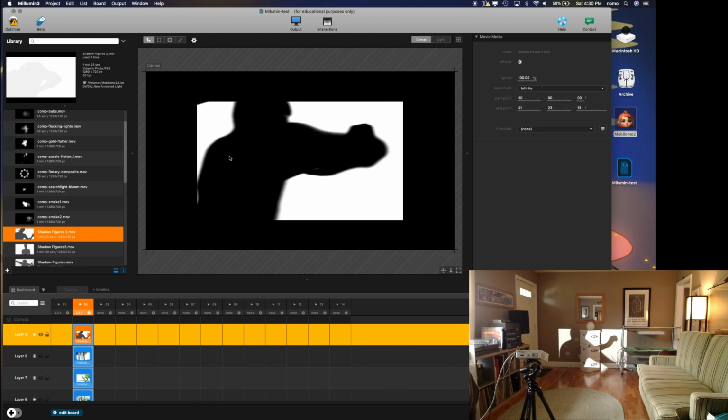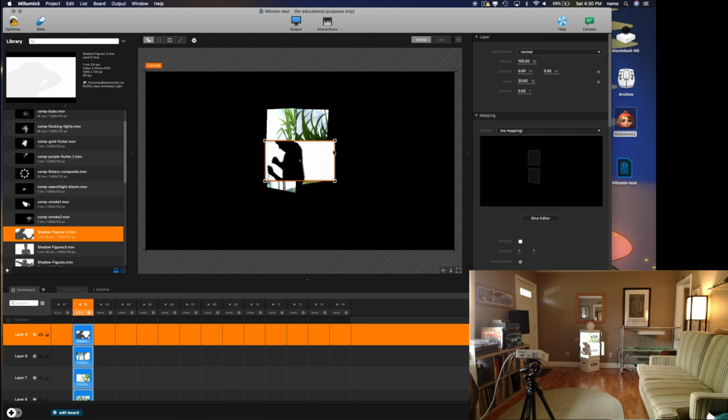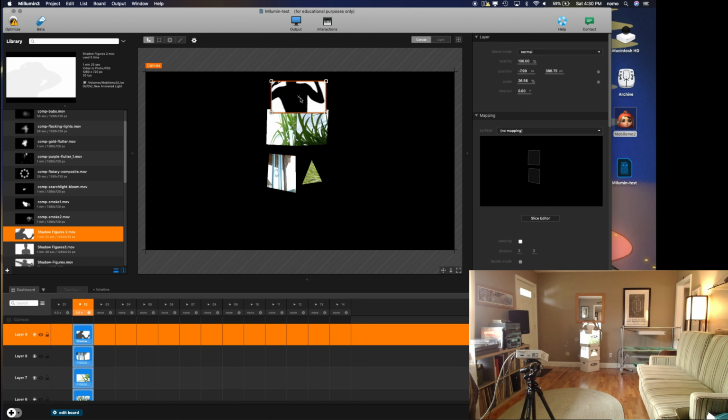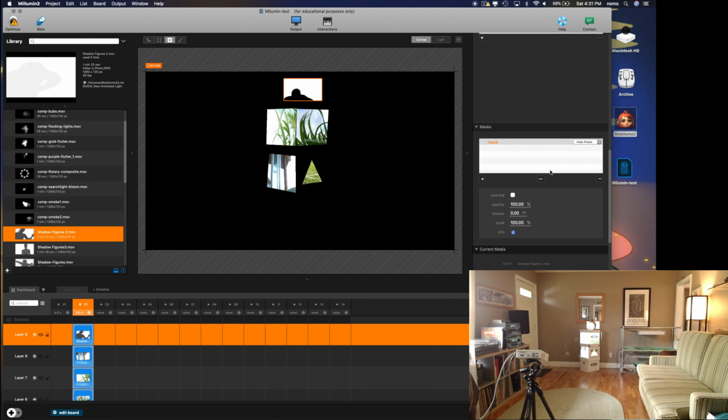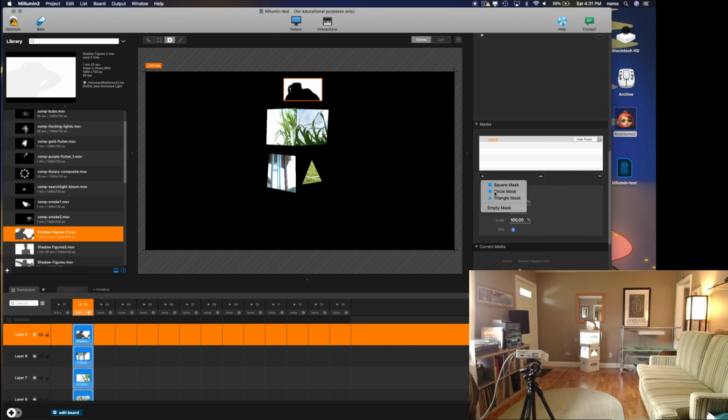I have to go back to the first item at the top, scroll this guy down, we'll bring it up to the top and scale it a little bit more. It's getting there. Let's make it just a little bit bigger. And then I'm going to go to mask mode, scroll down on the right, little plus button here and add a circle mask. And then I can scale this with this little bar, make the mask a little bit bigger, and then invert